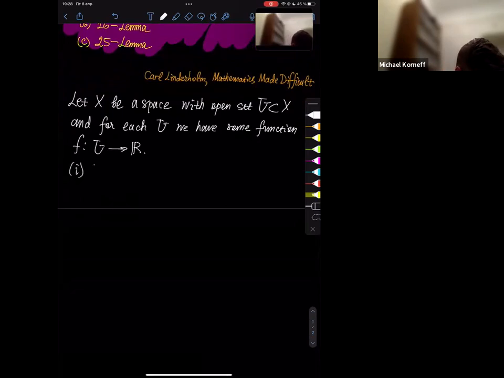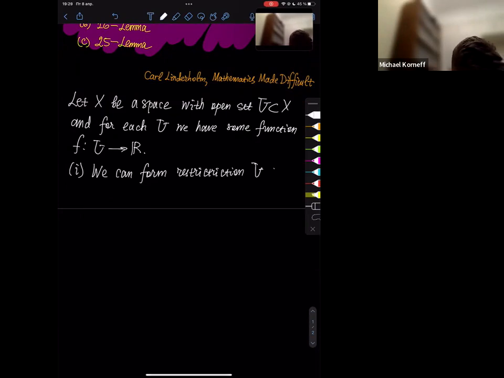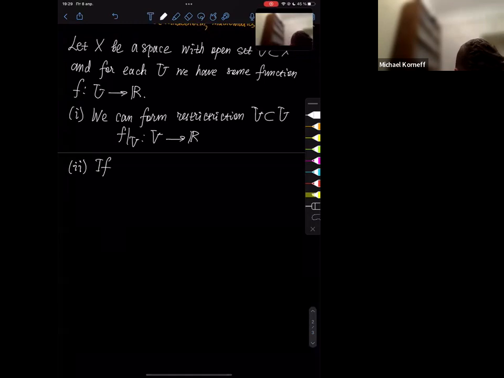Property number one: we can form the restriction of f for a subset V over U, from V to R. And also the second condition: if we have a covering, U is covered by U_i, and for each U_i we have a function f_i from U_i to R,